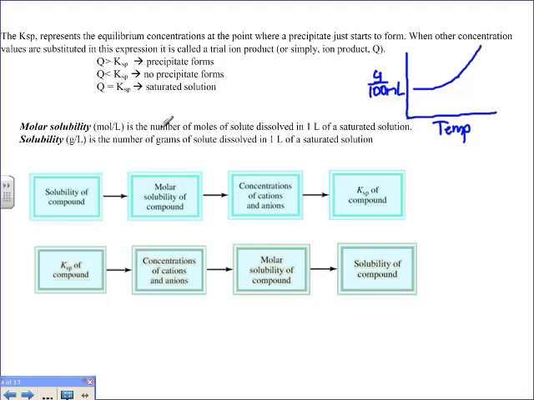These two flow charts will help you to go between solubility and the Ksp of the compound. So if you're given the solubility, this will help you to flow to the Ksp of that compound. And if you're given the Ksp, this will help you to flow to the solubility of the compound. And you might stop at molar solubility depending on the question that you're asked. The best thing